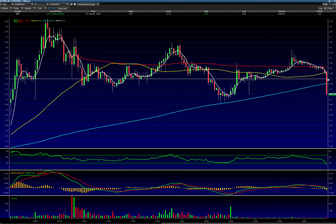A weird last 5-minute candle. I don't know what that's about. It's off 150,000 volume, so it's pretty kind of irrelevant, really. Wow, it was running on a lot more volume. So